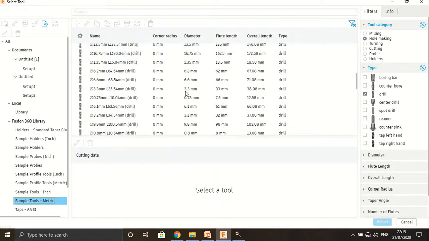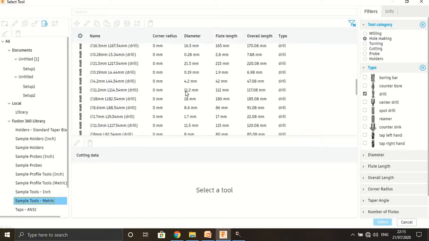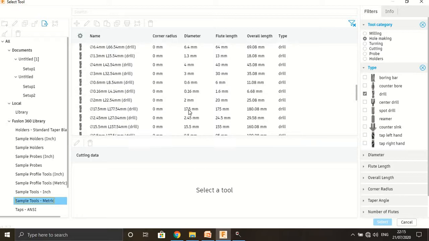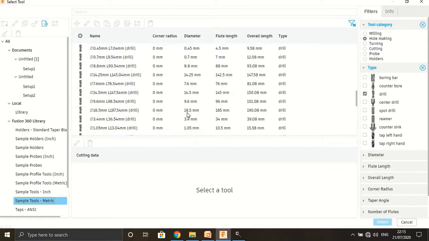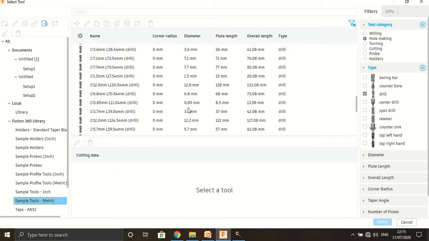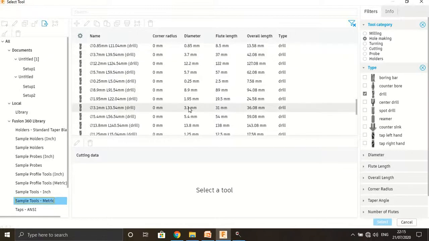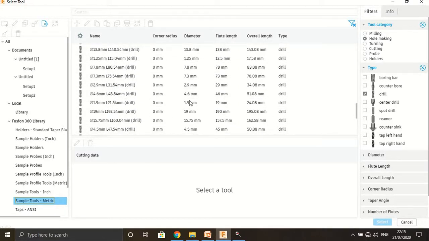Diameter, we are going to select 23, near about 23. A number of tools are available with different diameters. Also the fluid length and the overall length we are going to select.